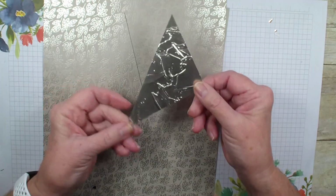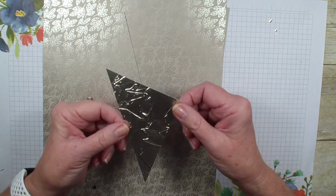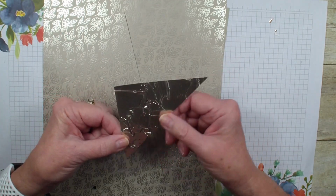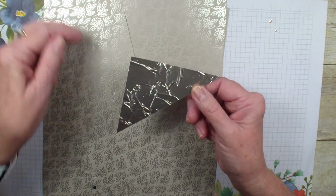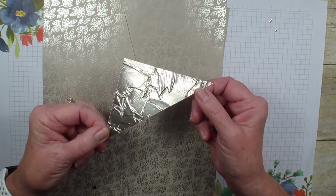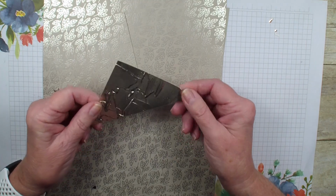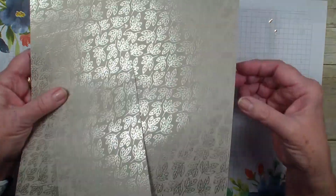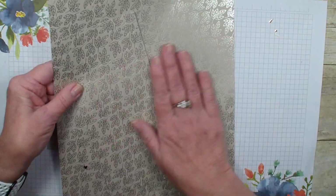Now I'm going to show you where I got this triangle as I'm making my Slimline card, but this was from another Slimline card I did, and I used the silver foil, and then I ran it through the painted texture embossing folder. Now this is also a new item in the upcoming mini. Love, love, love on this folder. Then I have the Love You Always Specialty Designer Series paper, and I'm going to be using the Sahara Sand